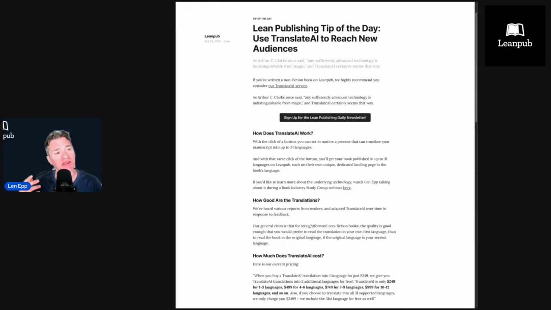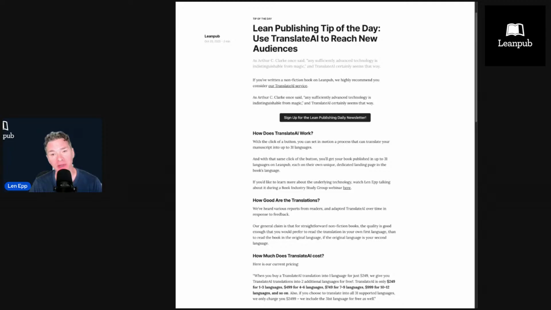there's basically 2 ways to publish a book on Leanpub. One way is the upload writing mode, which is the simplest. If you have an EPUB and or a PDF of your ebook, you just use our upload writing mode and you upload your book. And then that's what people download. You set up all the other stuff about the book and metadata and what have you, but it's just